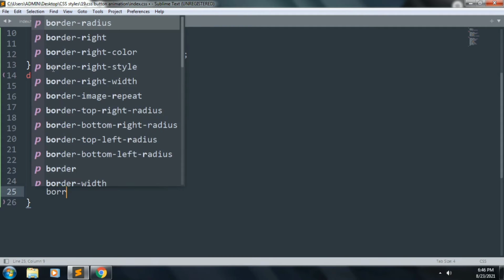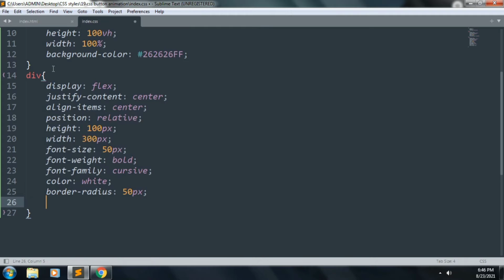Border-radius is 50 pixel and we want to add box-shadow 1 pixel,